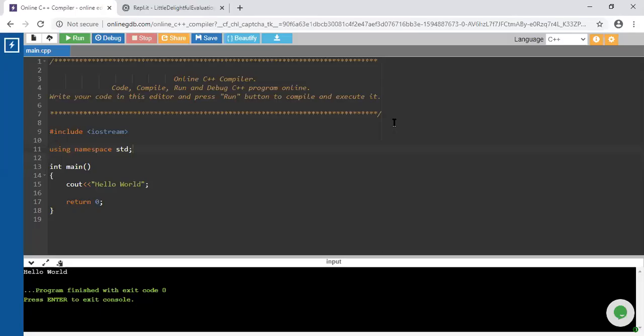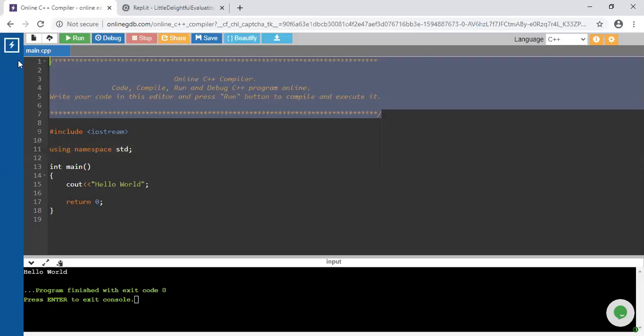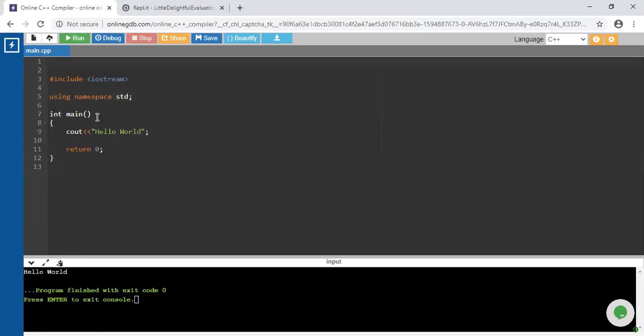So you can accept any numbers from the user. Here, this is a simple example. I'm going to show you the addition. For that purpose, we require two different numbers, and one more variable for the addition to store the result. What is the message for the user? Enter two numbers.